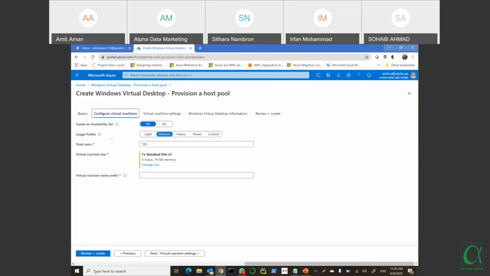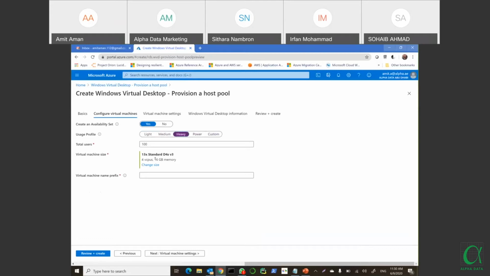Again, the user profile. Based on the kind of users and the number of users, you have options: light users, medium, heavy, power users, and custom users. You can see that when I select a different user mode, the virtual machine size changes automatically.